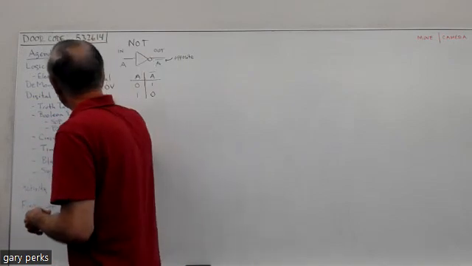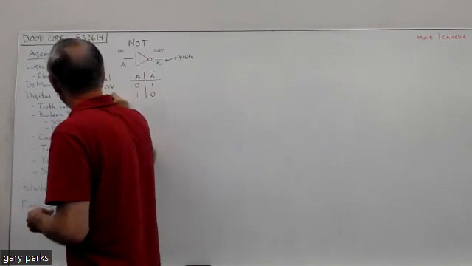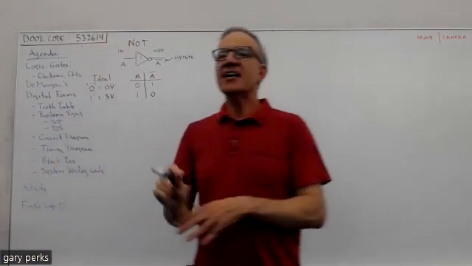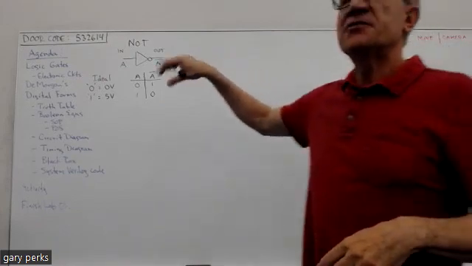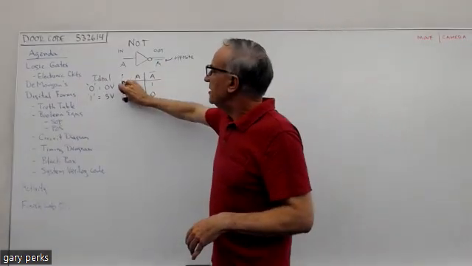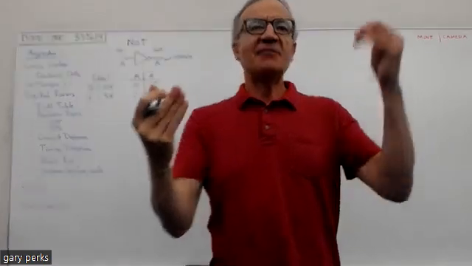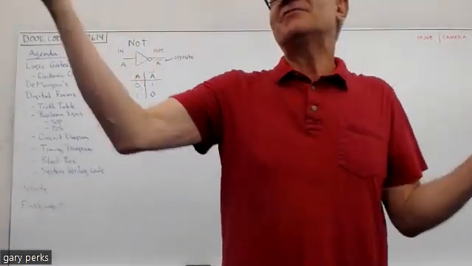And ideally, typically, a 1 is 5 volts. Okay, now that can vary. I mean, when you take your junior level electronics classes, you're going to learn that there are all different kinds of what we call families of gates. And depending on the particular family of gate, those voltage levels can differ, okay? But the key point is the 0 is going to have some voltage and the 1 is going to have some other